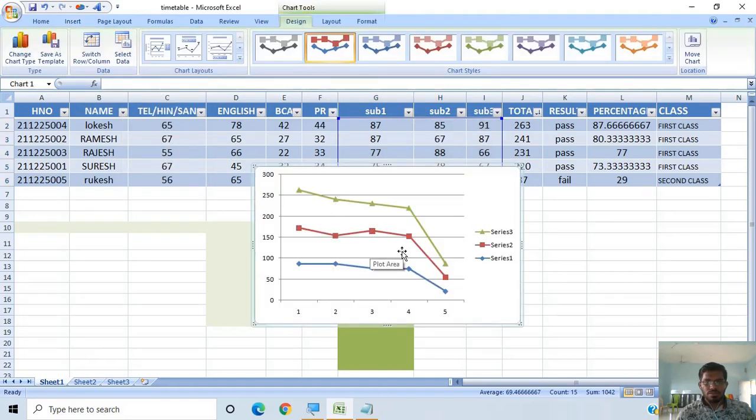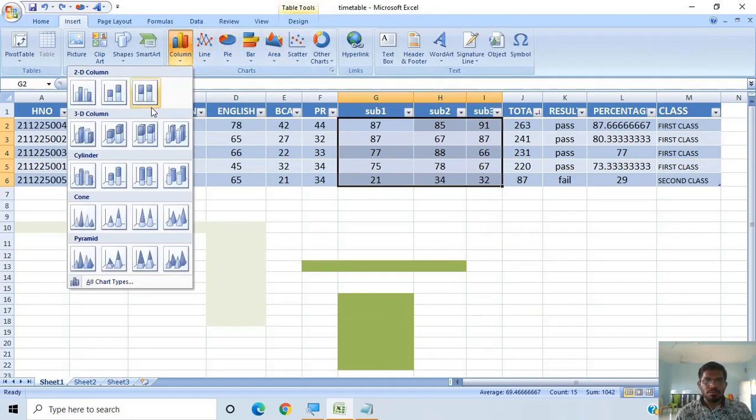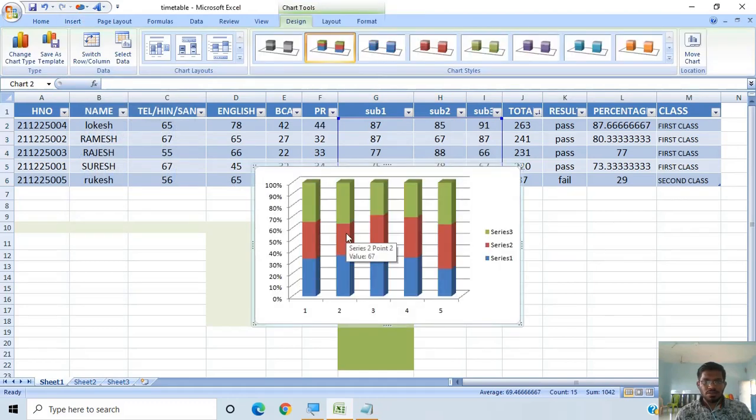Yes, they will show them in the form of lines like this, or otherwise sometimes in the form of columns, right?